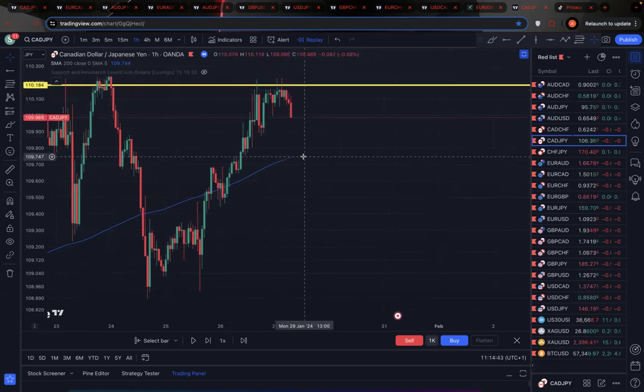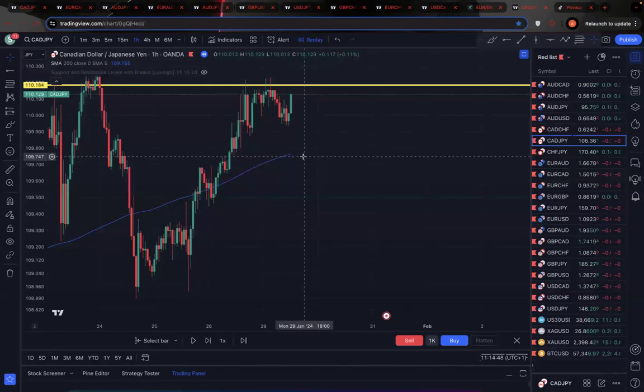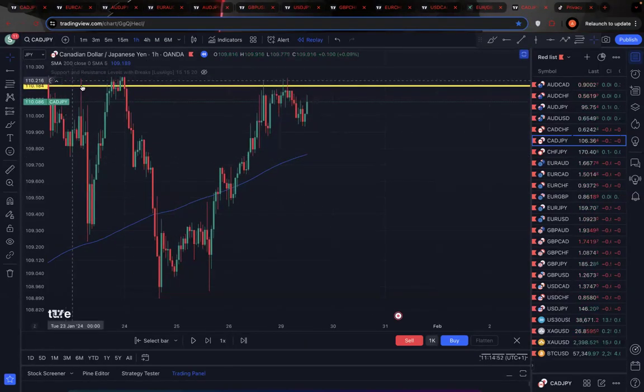And now the market is coming back down there again. History shows that whenever the market comes here, it respects it. At least it has done that about 4 different times. So basically, you now have history in your favor. The market has been respecting this area. So as the market is coming here now, if I take this trade for a sell,